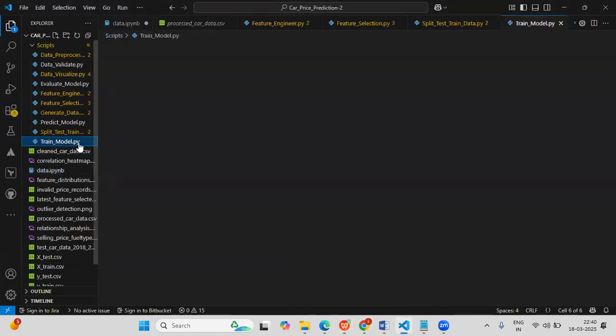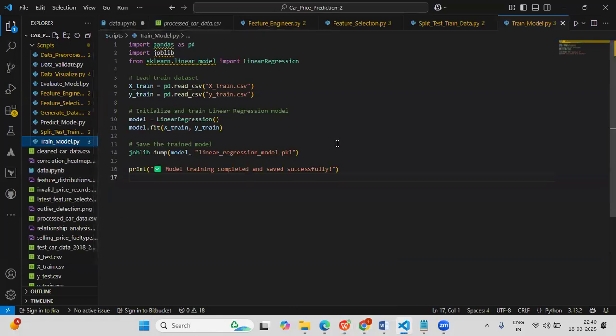That is a train_model.py script. Here we are loading the X_train and y_train, and we are going to initialize the linear regression model. This is the linear regression model function. We are taking it under the model variable, and we are going to train it with model.fit on X_train and y_train